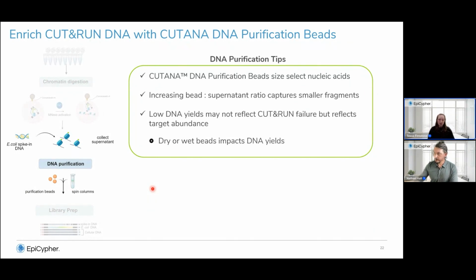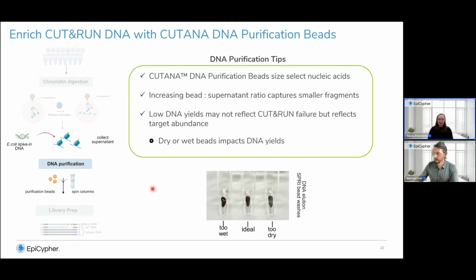And then during elution, you want to ensure that the beads appear matte and dark brown. If the beads are wet and appear glossy, or dried out and appear cracked, it will negatively impact your DNA yield. DNA yields can be quantified by colorimetric assays. Low DNA yields may not reflect CUT&RUN failure, since it is influenced by the target abundance, cell numbers,